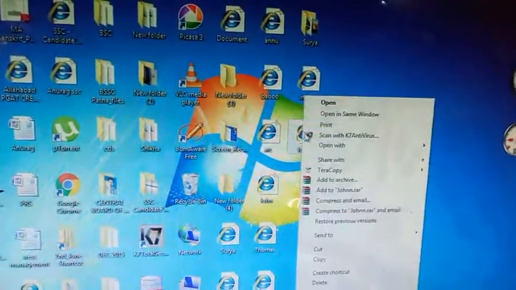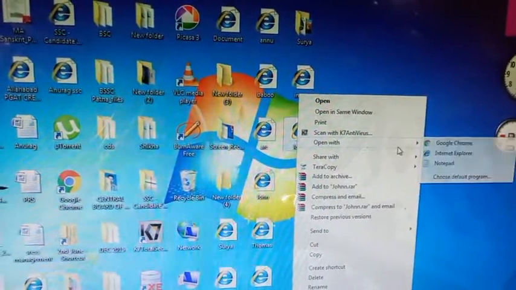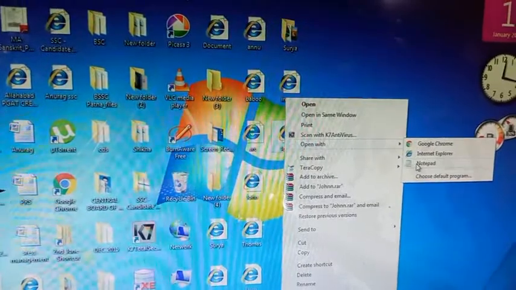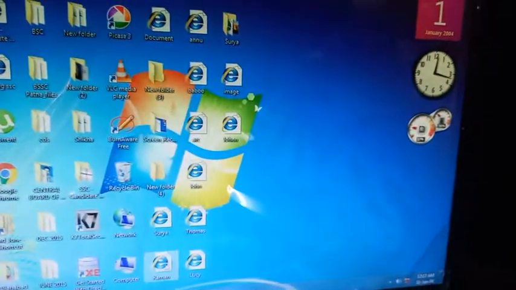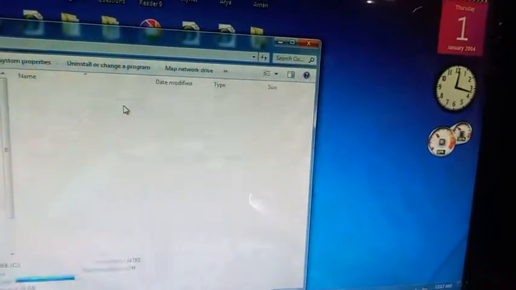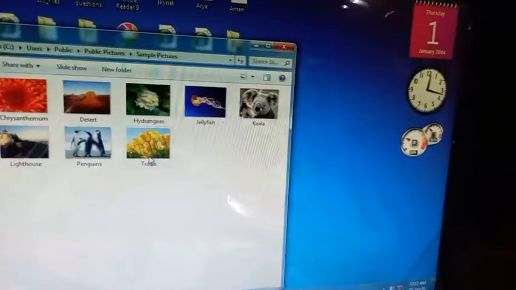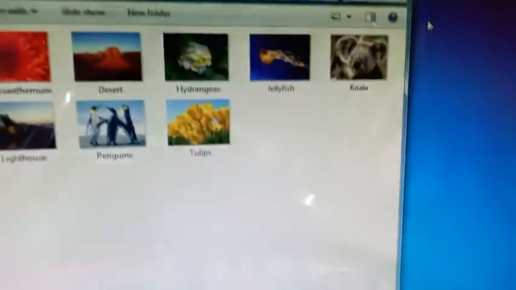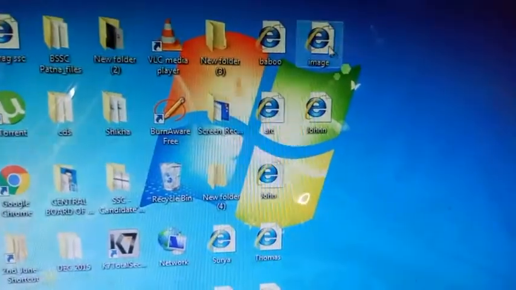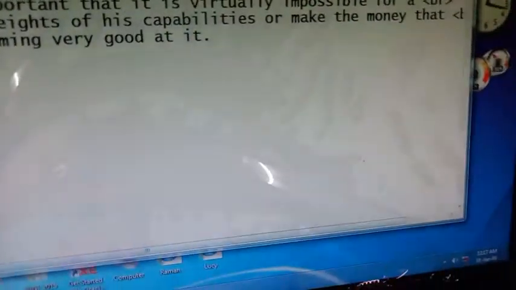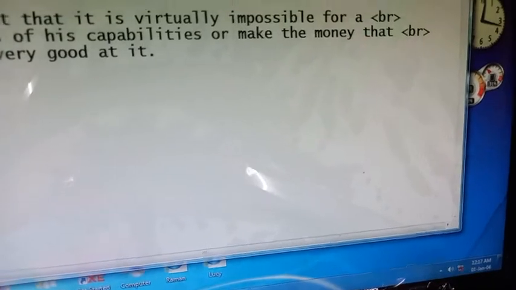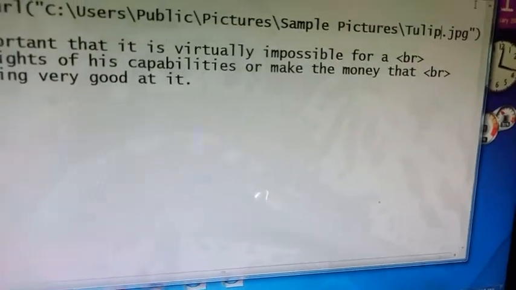I will check where the mistake is. So open this file in notepad again. Minimize this. We check from where we have brought the pictures. Oh, it is tulips, not tulip. You can see it is tulips. So there I will change the spelling. Here I have used tulip. It should be tulips.